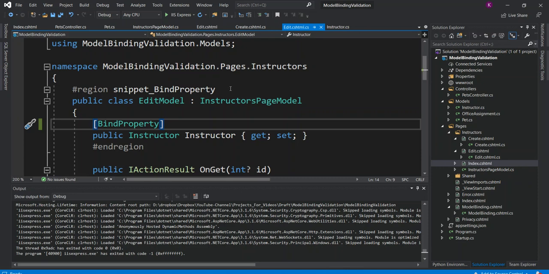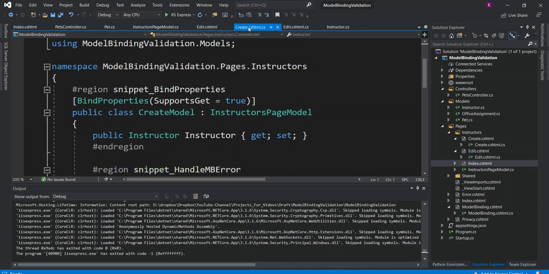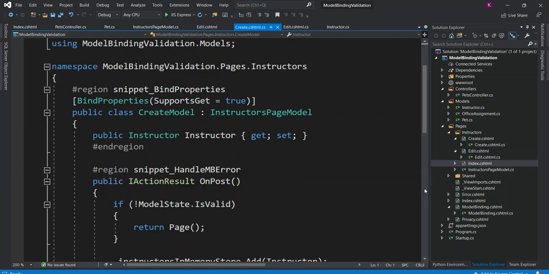Now if you go back to the create.cshtml.cs class, this has only got an action method of OnPost type. However, it has got a BindProperties attribute, an attribute that enables binding for all properties that the decorated controller or Razor page model class defines.